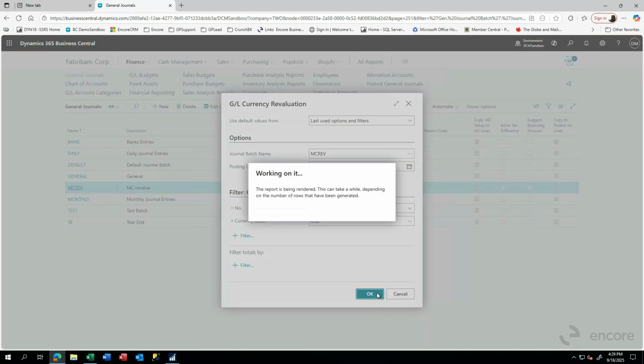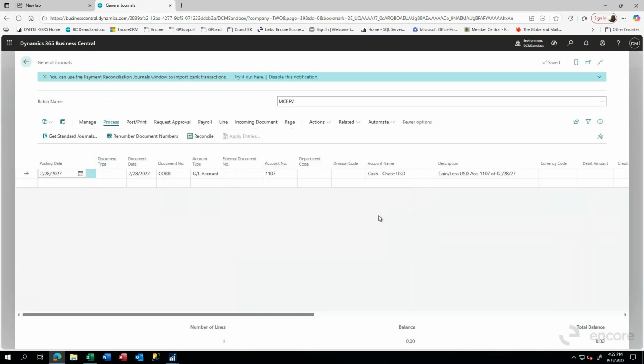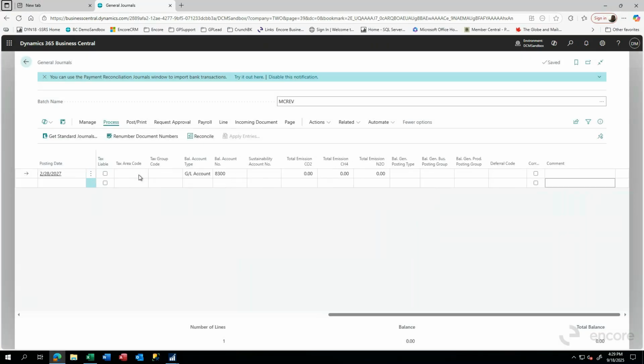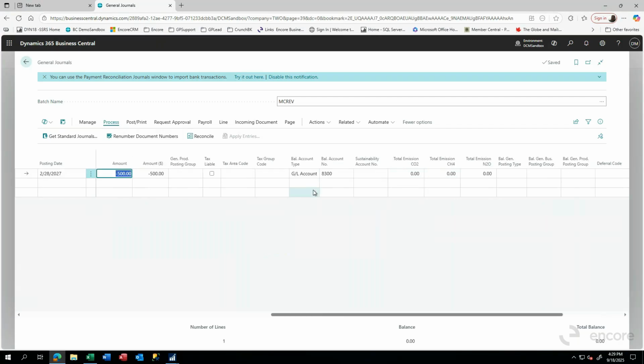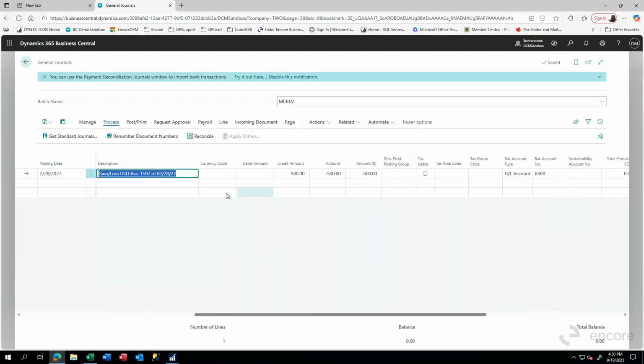And then when I click OK, the report takes a while. There it is there. Currency has been created. We go OK. So this is now showing you inside here that I've got the unrealized gain. There's the 500, etc. And then we've got the $500 change. And this is then going to be posted with the 0 values. So if I go post print and I preview the posting,